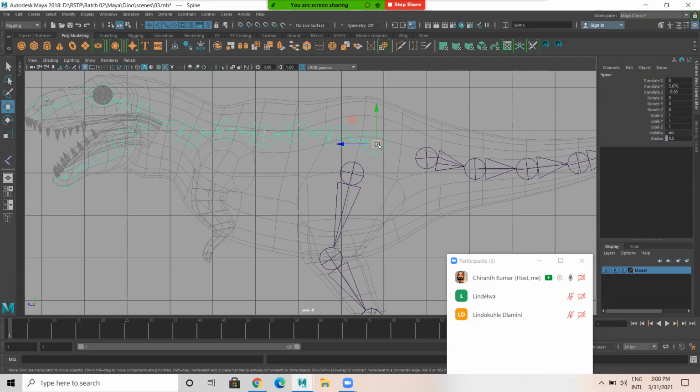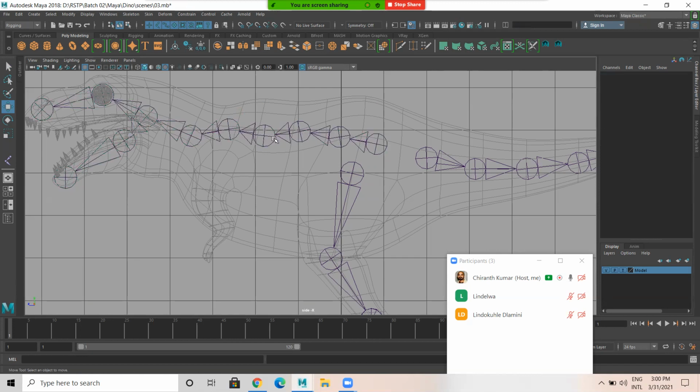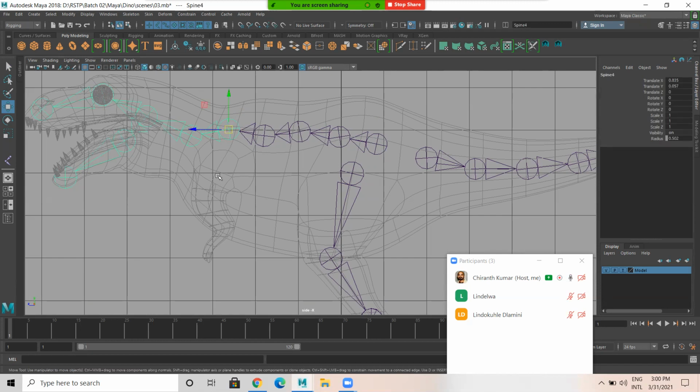See this joint, it will be linked to this leg. Okay, leave 3 joints, 1, 2, 3. You need to leave in the middle. Then this joint should be linked to this.